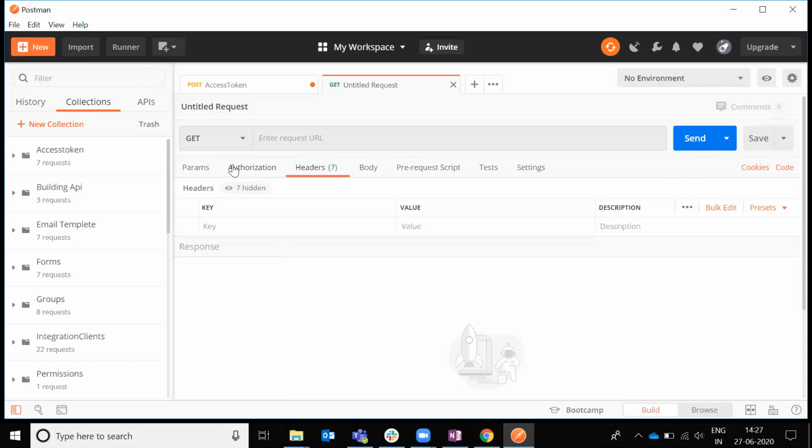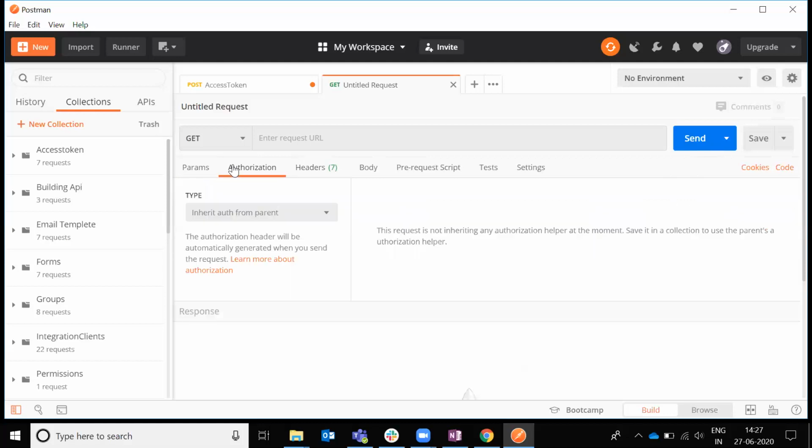See, authorization is needed if the API requires a username and password. At that time we give it here in authorization. Authorization has some types of fields we have to give.